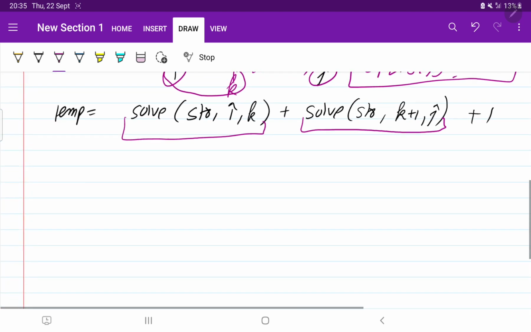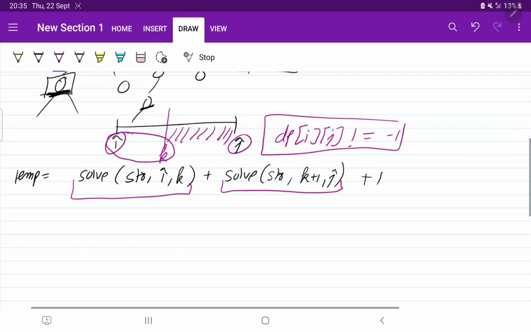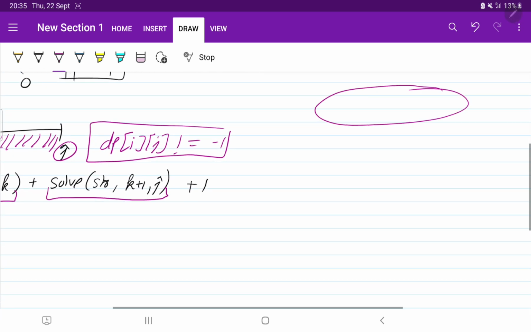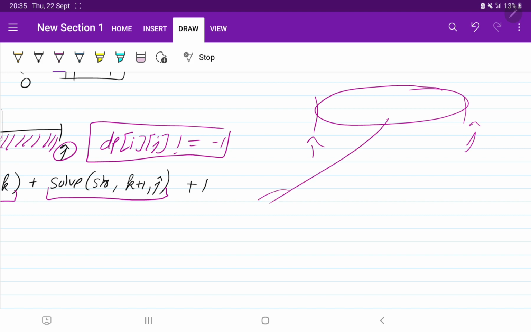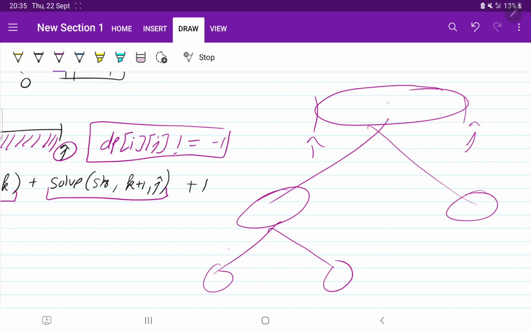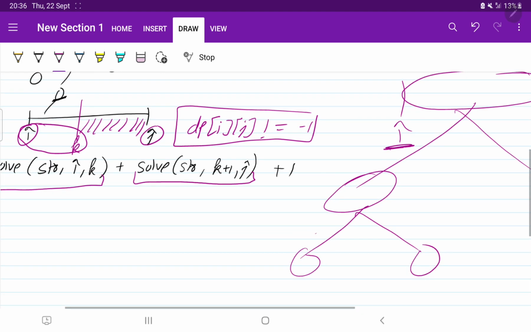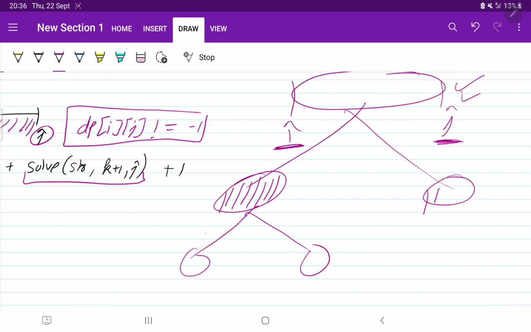Okay, so there may be some situation. Suppose this is the entire i, j, entire string. So this is further divided into substrings. Here we were directly checking whether it exists from i to j or not. We were not checking that there might be some case where sometimes the left part is already solved and sometimes the right part is already solved.